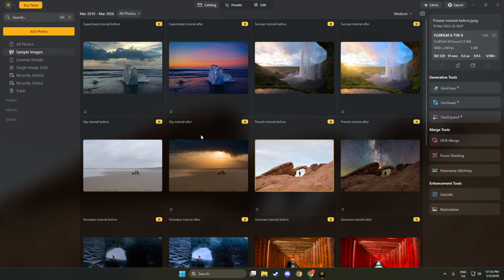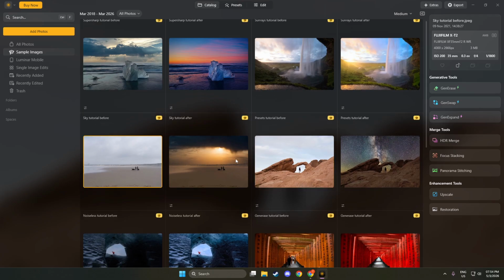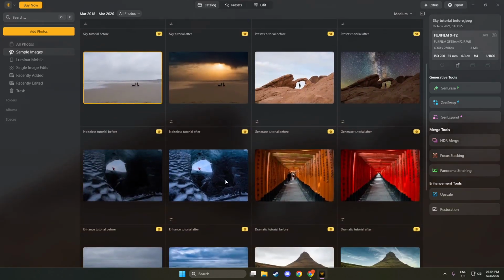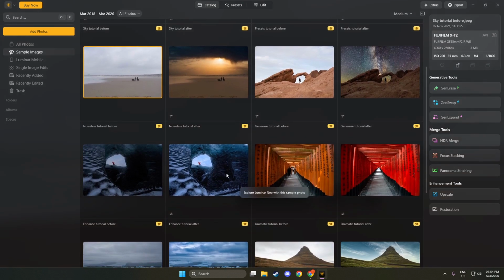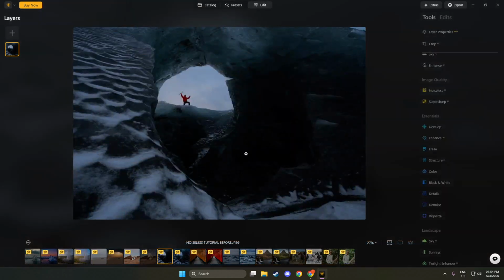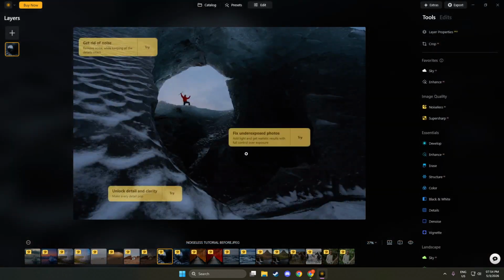Start by opening your photo, then launch Luminar Neo. Once your image is on screen, switch into the editing workspace by clicking Edit, or simply press the E key on your keyboard. This takes you out of any catalog or preview view and into the place where all the adjustments happen. Next, navigate to the sharpening tools.